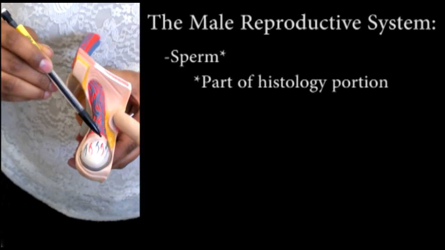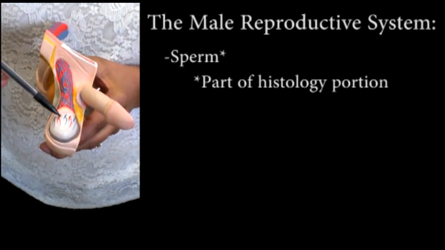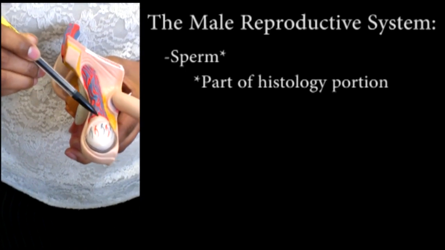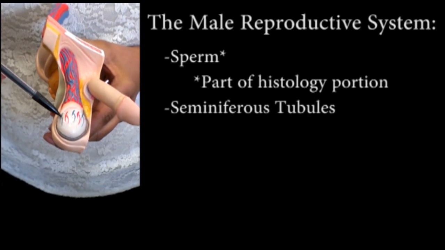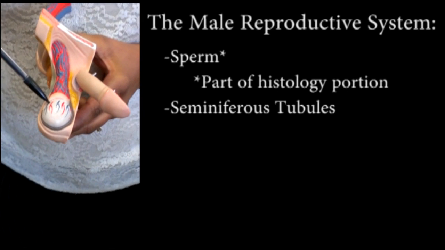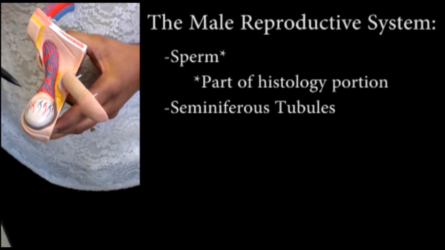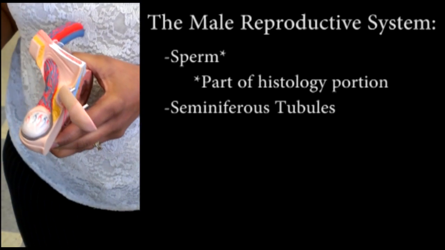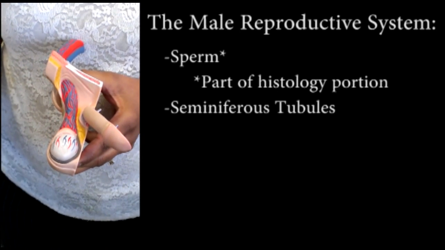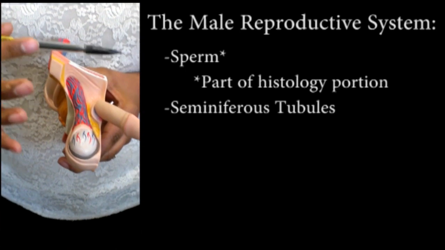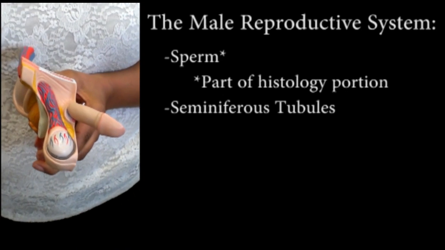So all of these are not representing blood vessels, they're representing seminiferous tubules, which, because of testosterone, produce sperm. Sort of like an incubator. It really is. It's producing all this sperm, and